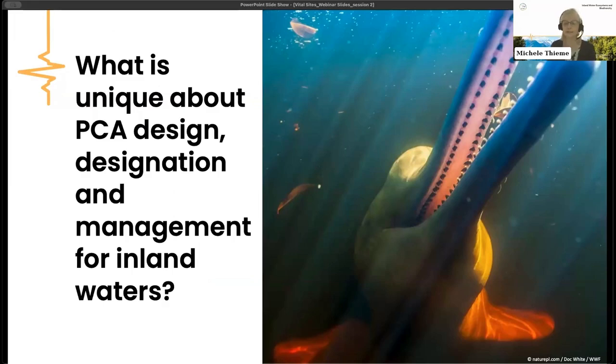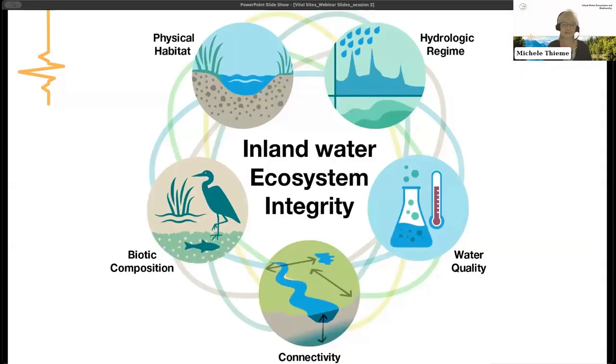So I've made the case that there's a real need for increased focus on inland waters, protected and conserved areas. But what does that mean in practice? What is it that's unique about inland waters that we need to be considering? Some would say that terrestrial protected and conserved areas can and do fully cover the needs of freshwater systems. That's true to a certain extent, but